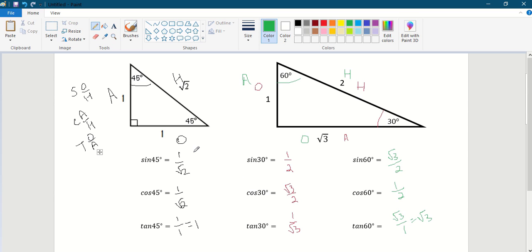Now some of us know how to rationalize this. So if you were to write some of them in rationalized form, we can say 1 over root 2 is equivalent to root 2 over 2, multiplying numerator and denominator both by root 2. I'll accept 1 over root 2 and root 2 over 2 both. The second one is a better choice, but this one will also work. So for this one then, it will also be root 2 over 2. 1 is same, half is okay. 1 over root 3 can be rationalized as root 3 over 3. This one's also okay, this one's okay, and this one's okay. So these three we could have rationalized more.